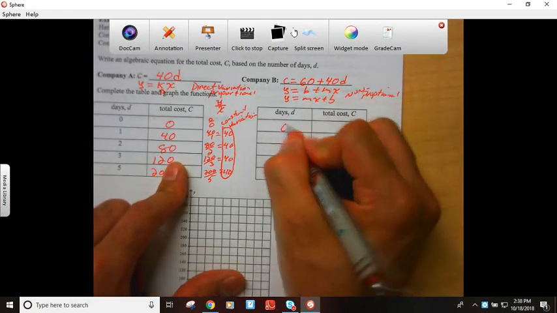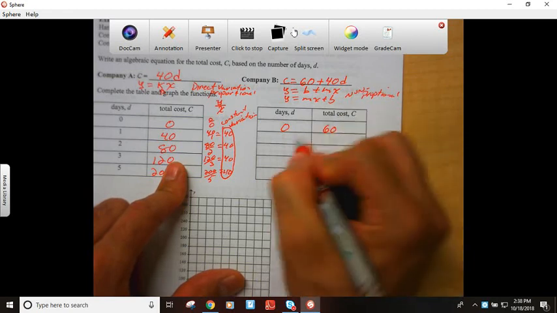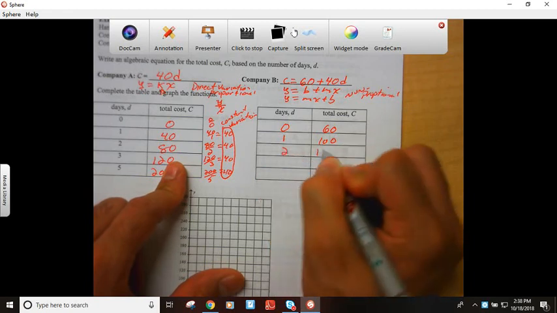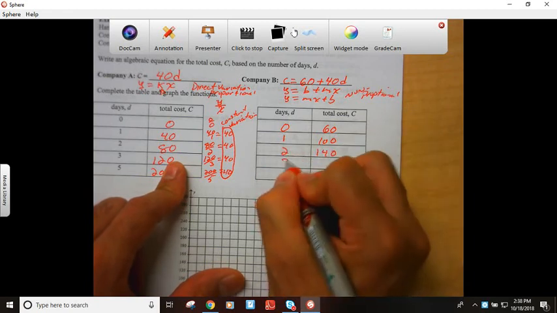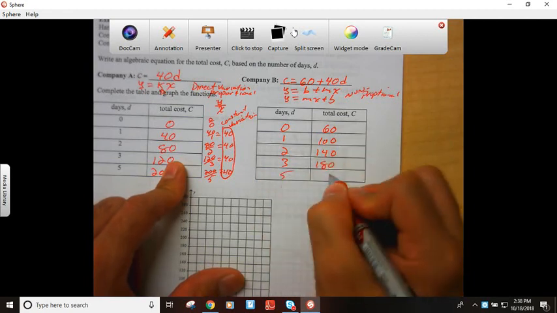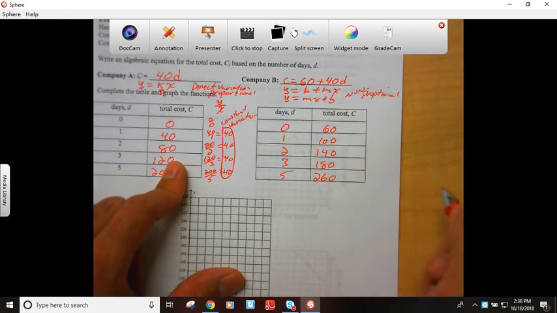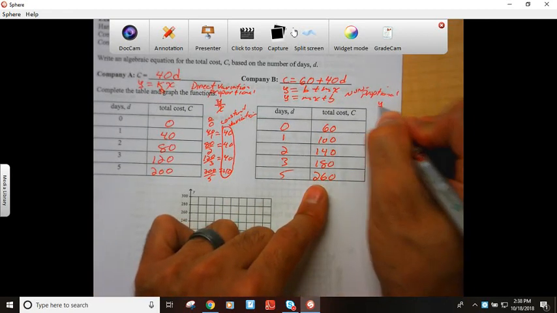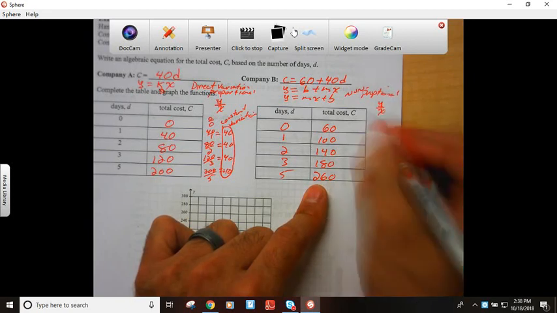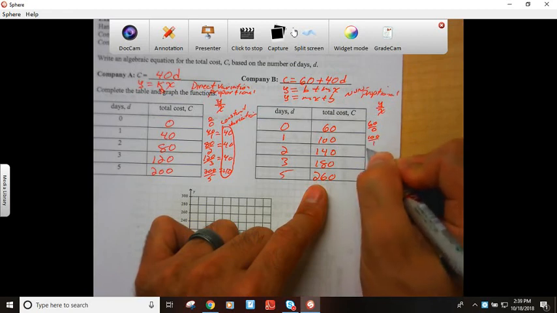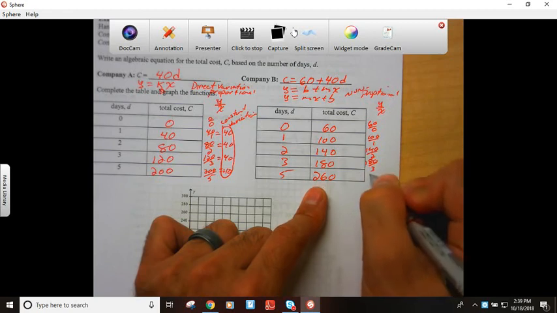In 0 days, it's going to cost us $60. In 1 day, it's going to cost us $100. In 2 days, it's going to cost us $140. In 3 days, it's going to be $180. And in 5 days, it's going to cost us $260. So to figure out if it's proportional or not, we set up our y over x. So it's going to be 60 over 0, 100 over 1, 140 over 2, 180 over 3, and 260 over